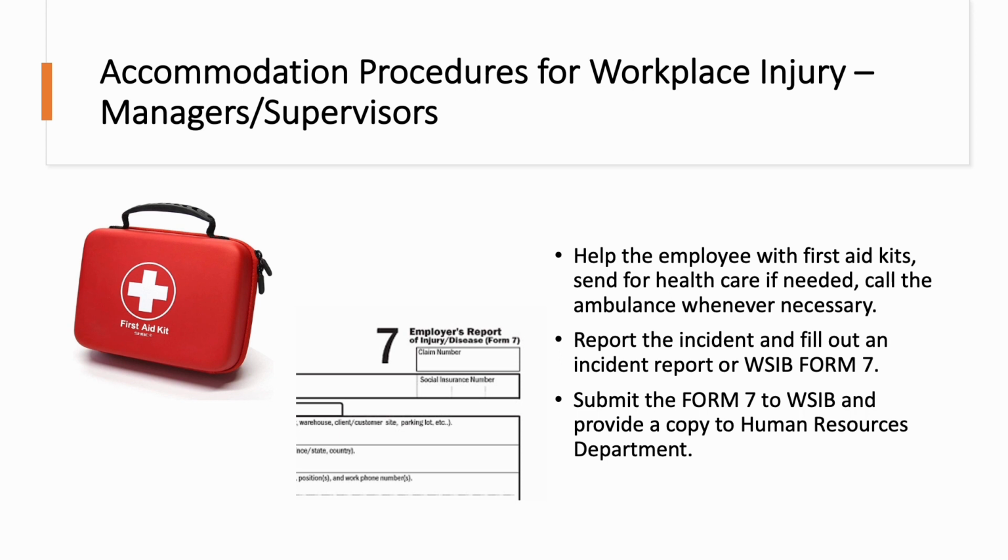Managers and supervisors must follow standard accommodation procedures for workplace injuries. This includes helping the employee with first aid kits, sending them for health care if needed, or calling the ambulance whenever necessary, reporting the incident and filling out an incident report or WSIB Form 7, submitting the Form 7 to WSIB and providing a copy to the Human Resources Department,